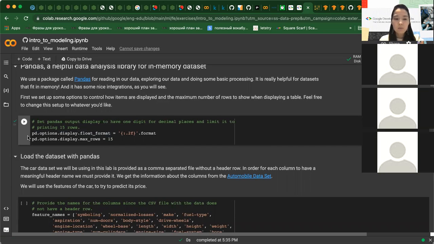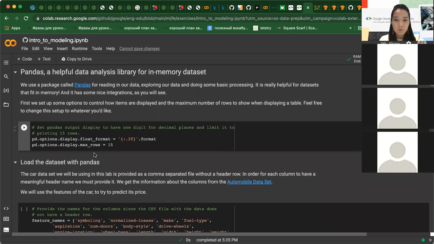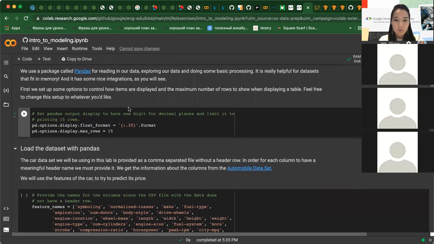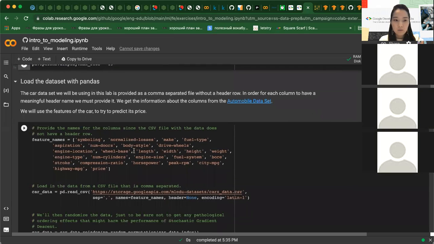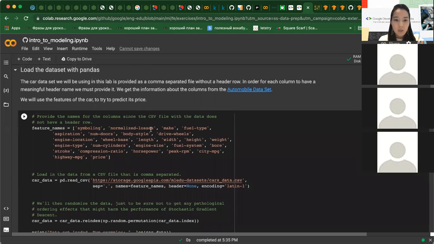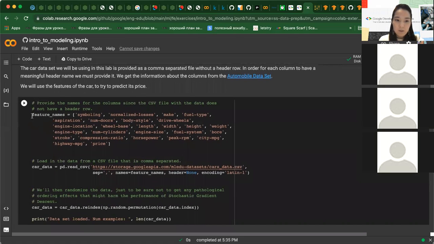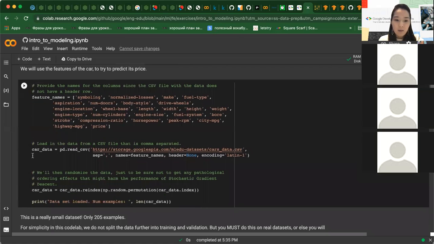It's just maybe not so important for the data processing, but some methods you can use to do basic processing steps. Now let's load the data set with Pandas. So we specify first the column names, which are the feature names as a list. And then we provide the path to the CSV file. And we read this CSV file with the read_csv